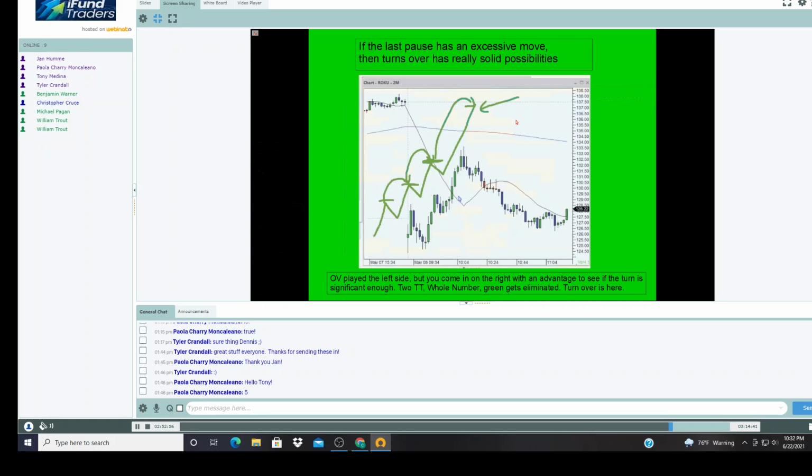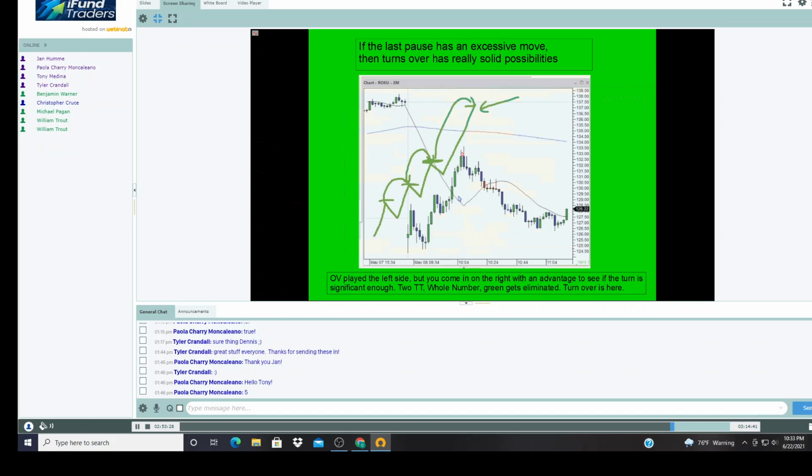So Oliver would see this stuff, and he'd be shorting on this side. And we're like, what? Why is he shorting? What's going on? Why are you shorting? Because he plays the left side. But we're not there yet. That's more advanced stuff in the future. You want to come in on the right side. When you see it rolling over, and it gives you all these signals that it's rolling over, then you get on the right side. Because we have the advantage to see when it turns. And it's significant enough.